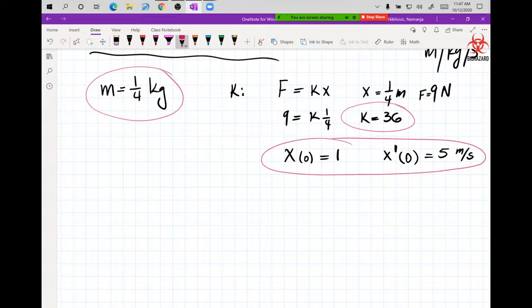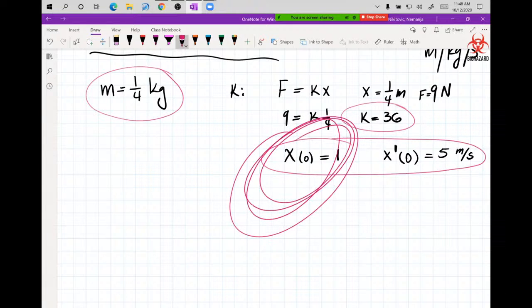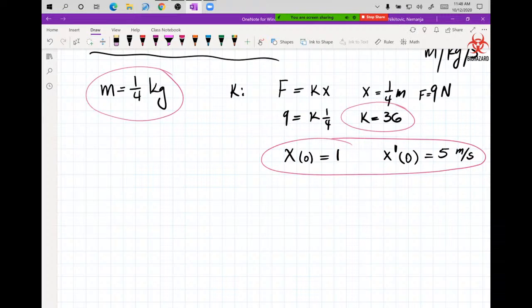All of that in the word problem. So now, stare at the screen, look at all of these numbers, and I'm going to read the problem one more time. A body with a mass of 1/4 kilogram is attached to the end of the spring, whose coefficient, right, constant, is 36 newtons per meter. At the time t equals 0, the body is pulled 1 meter to the right